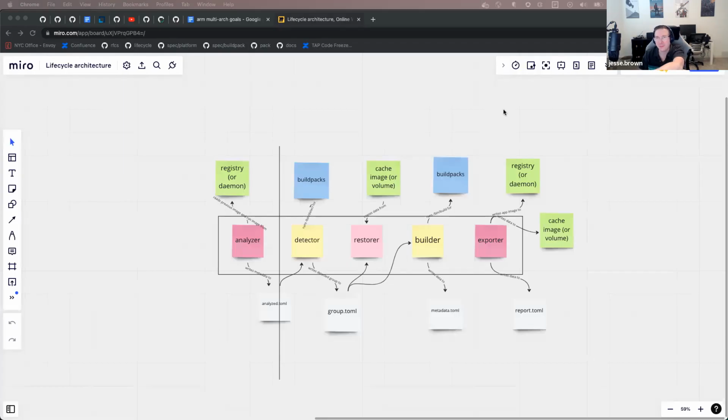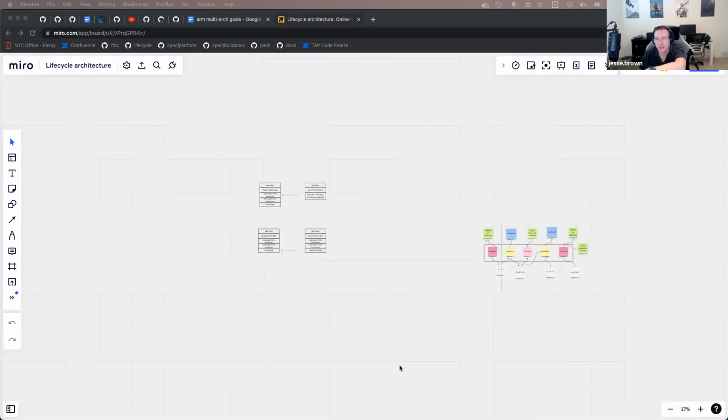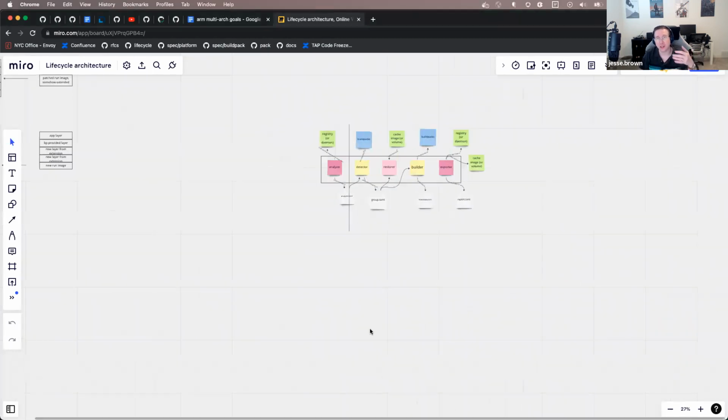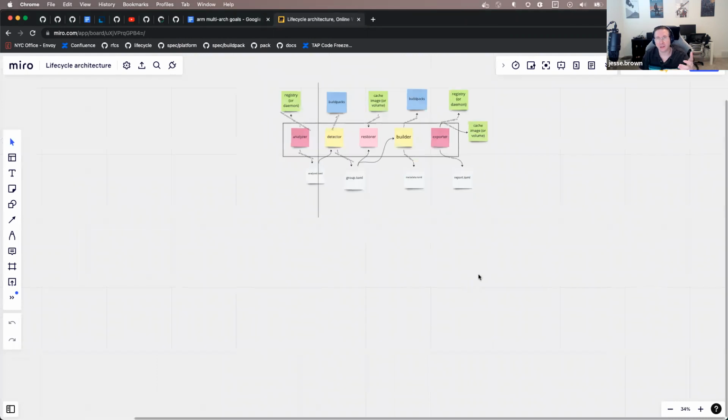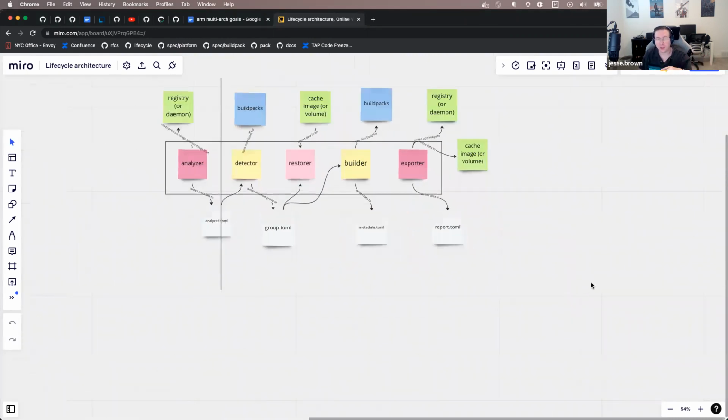I'm going to chat a little bit about how I understand it works, which could also be wrong, and I'm sure my expectations will be reset by Natalie here shortly. But yeah, Pack for the most part runs containers, and it happens to be on Docker. You can run Podman, for instance, so it's against that shared container API. So you could run a Podman installation instead of Docker, and then it spins up those containers. In this case, if you're building an image, it spins up the builder container and then basically lets Lifecycle do its thing.